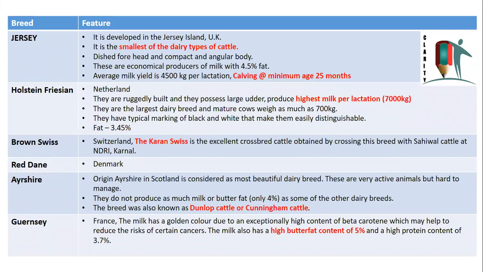Jersey में कम है 4,500, but Holstein Friesian has the highest milk per lactation 7,000 kg, ठीक है। You compare this data with the Indian breeds, how much difference is there? वहां पे कितना था, 2,500 3,000 ऐसे हो रहा था। Here the lactation is around 7,000 kg, ठीक है। Next is a brown Swiss, a breed from Switzerland, and NDRI Karnal has developed a new crossbreed from this only. The name of that breed is Karan Swiss, ये याद रखना है।